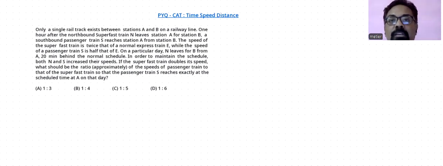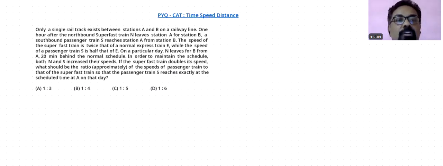Now today's topic will be time, speed, distance, and we have picked up a question from a previous CAT paper. In time, speed, distance, we know that the proportion concept is very important. So here, this question will be solved with the help of the proportion concept, and that too very quickly and very smartly. Check it. The question says, only a single railway track exists in between stations A and B on a